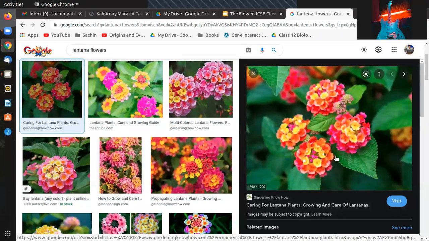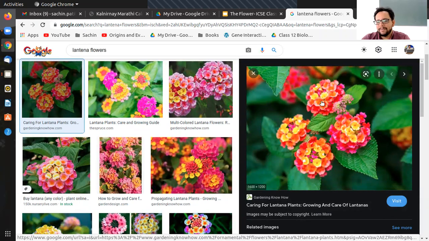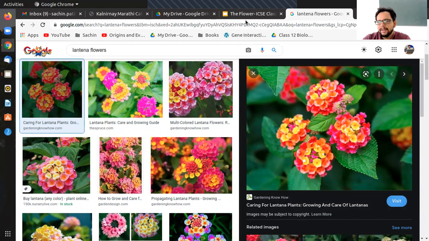In Sahyadri, this is a very commonly found plant. It is an invasive species. But if you have ever plucked these flowers, put them in your mouth and sucked them, you will have tasted the sweet nectar present in this flower. At least I have done quite a lot in my childhood. This is a common flower that has nectar. It doesn't have a special structure for nectar, but just at the base of the flowers you will find many nectar-secreting cells. So that is the nectaries.